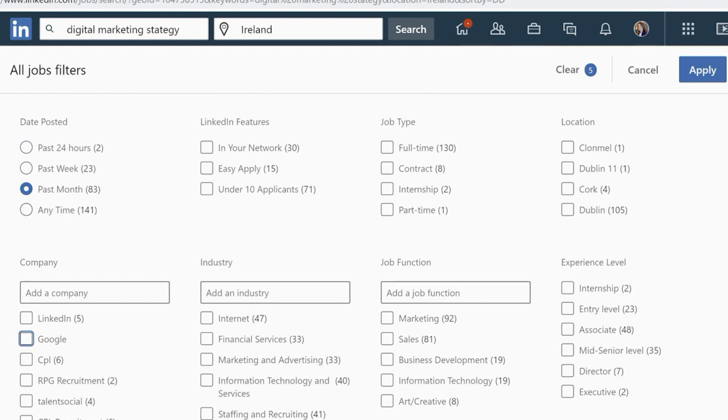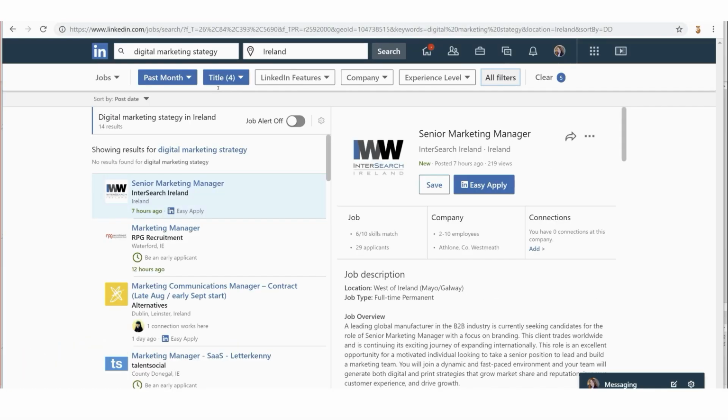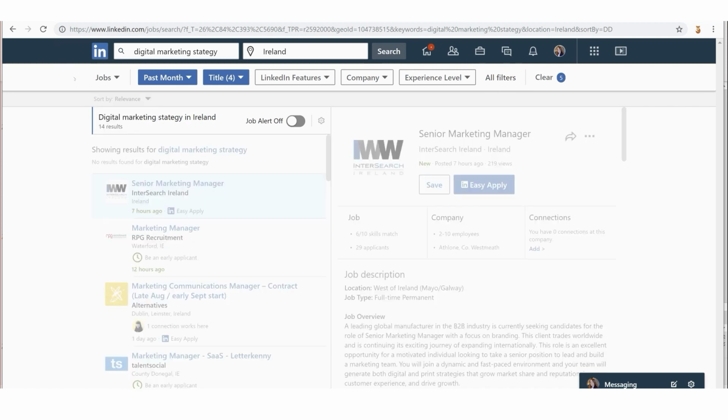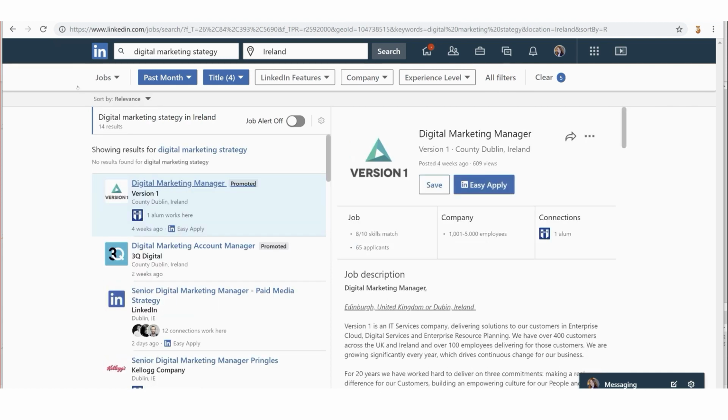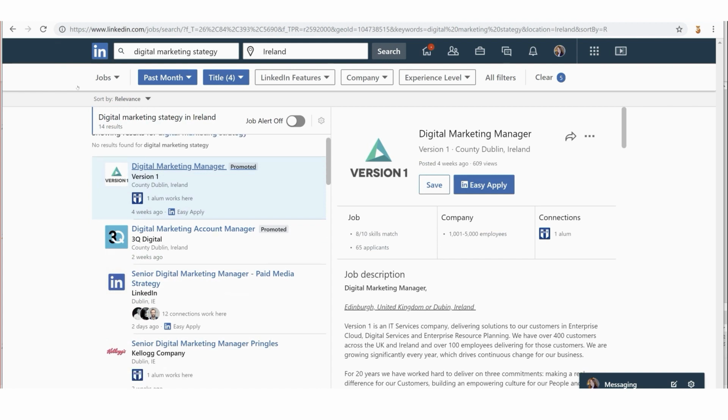And then I'm going to see what's been posted within the last 4 weeks. So can you see straight away, now it's refined it down to 14 search results. So that might take up less of my precious time when I'm trying to filter through all these results. And I'm going to flick back to relevance just to see what it thinks is most relevant for me.